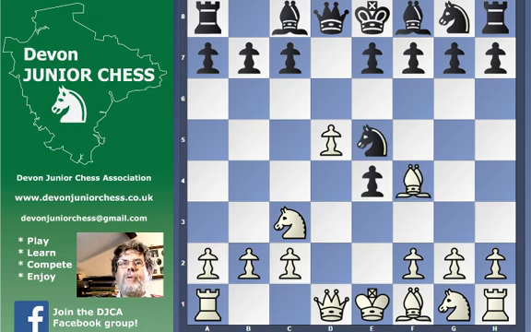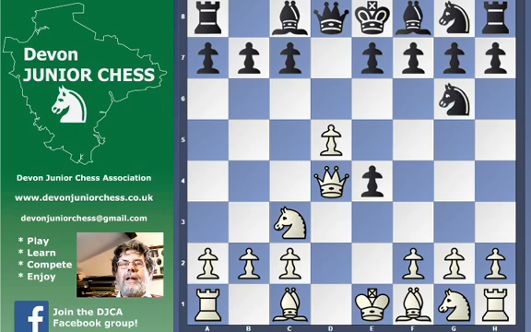Bishop f4 seems to be played these days, but the line that I learned when I was a boy was queen to d4 and knight to g6. And I think now the right idea is to play a little annoying check first, and now you can either